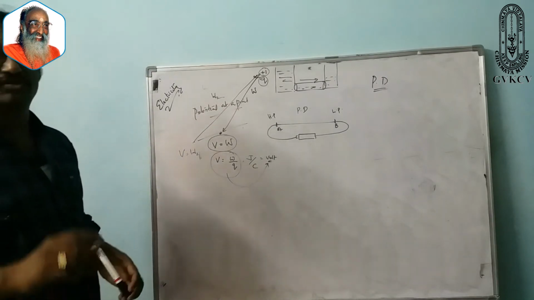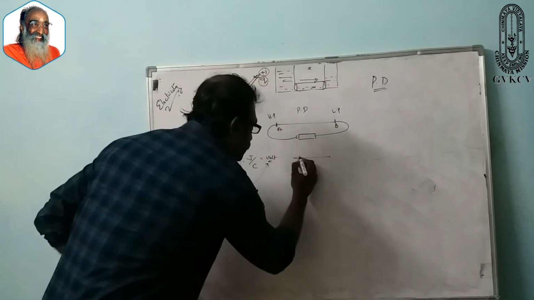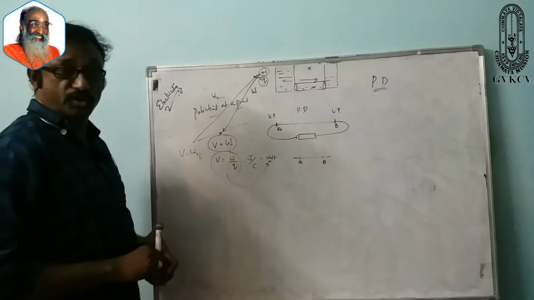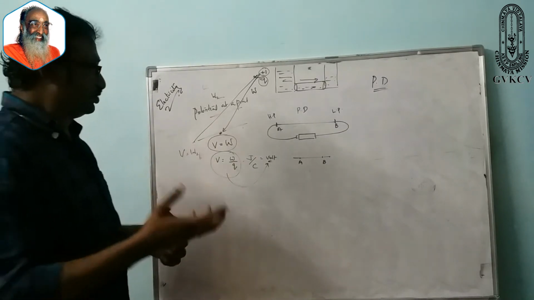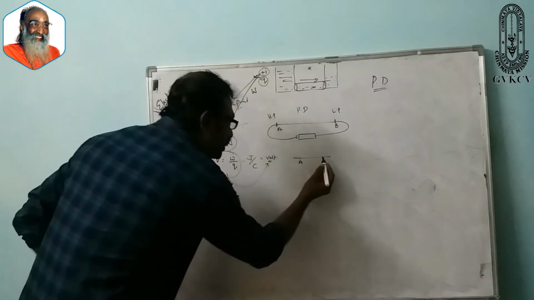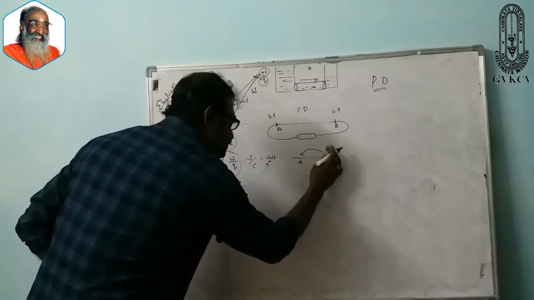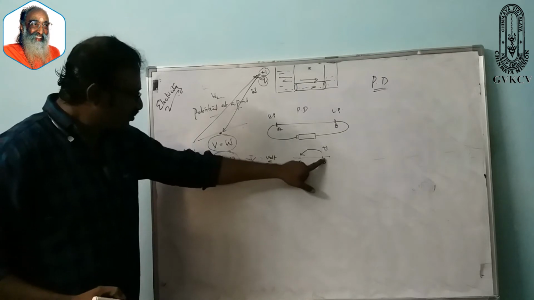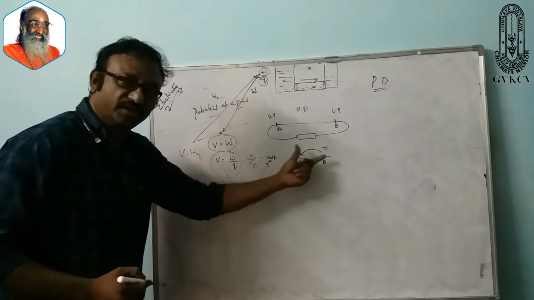And after understanding the potential, you can easily understand what is the potential difference between the 2 points. Suppose we are having a conductor, and we want to find the potential difference between the 2 points A and B. Already you know the importance of the potential difference between the 2 points. If there is a potential difference, then only the charges will flow. So what is the potential difference between the 2 points? From here to here, we are going to bring some charge. Let us take initially, for defining, a unit positive charge. If you want to bring a unit positive charge from this point to this point, we need to do some work, and that work is the potential difference between the 2 points.